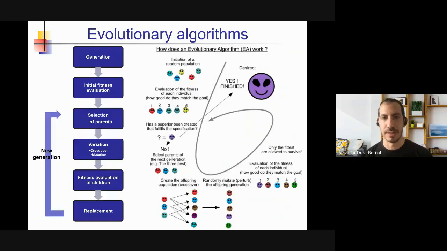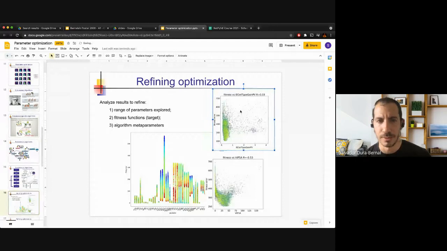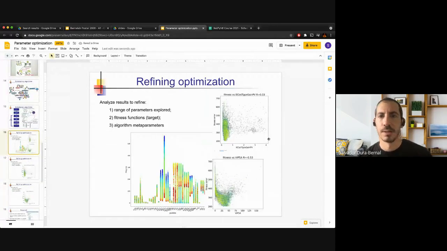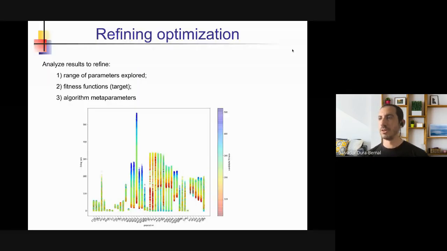This is another representation, and a bit more of the same. I'm gonna skip some of these because we are running a bit late. Here, I just wanted to emphasize that this is a sort of process that you have to refine over time. So you're not gonna hit the right answer the first time, and at least in our experience, we start